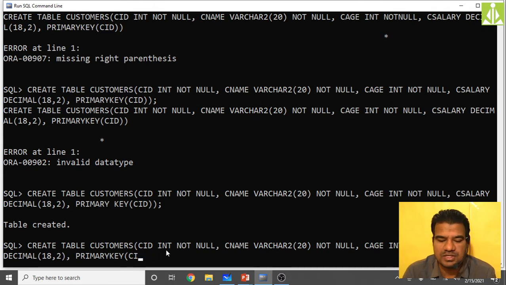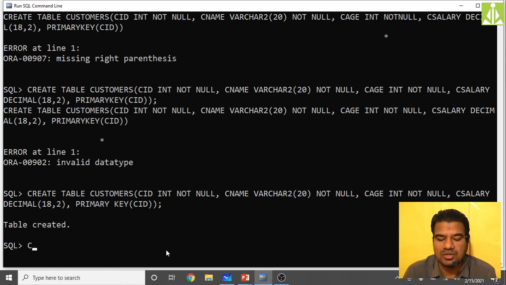First we go and see how we do the insert operation into this table, and I will try to make that CID empty. Insert into the table customers, and I will not enter CID, just the other columns. For CNAME I'm making the entry, and CAGE should not be empty, so I'm making the entry for CAGE too.